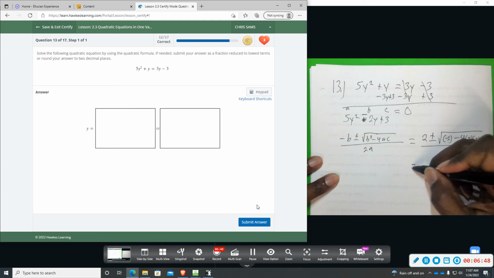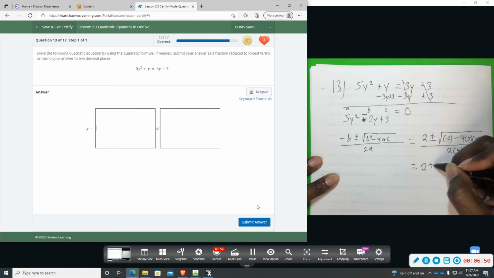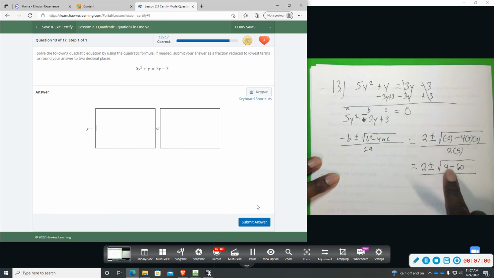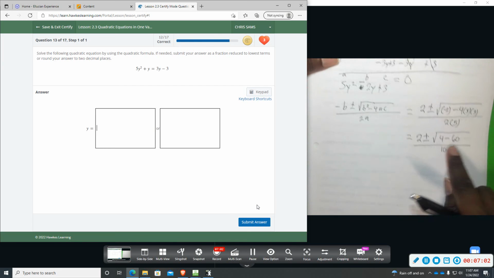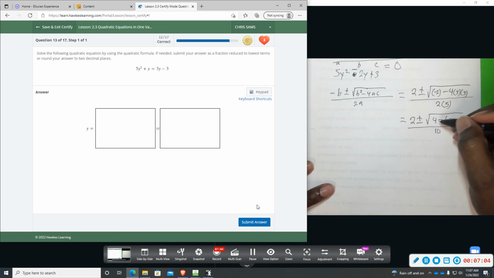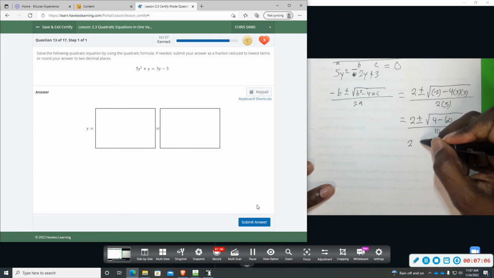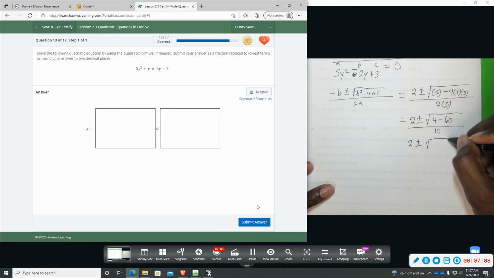So we have 2 plus or minus the square root of 4 minus 60, all divided by 10. A negative under the square root means we're going to have imaginary numbers. So 4 minus 60 gives me 2 plus or minus the square root of negative 56